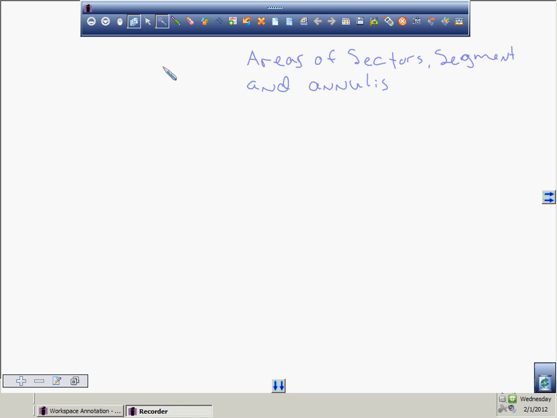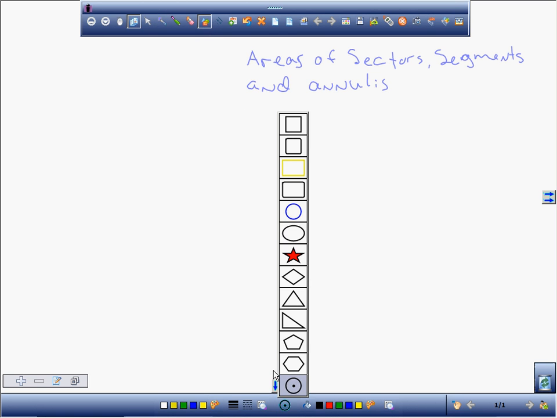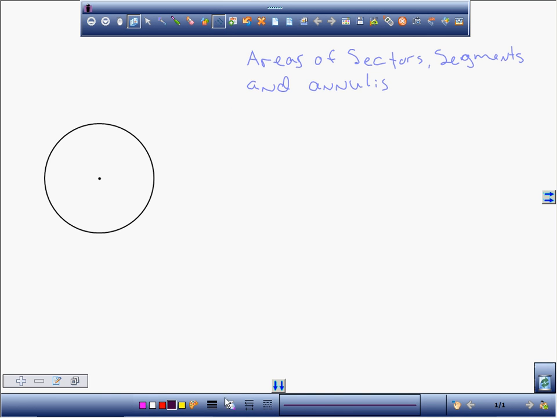About areas of sectors, segments, and annuli today. First you have to know what each of those things are. So a sector is basically a piece of a circle. So if I were to draw a circle, which I'm about to do, there's a circle, and I get my